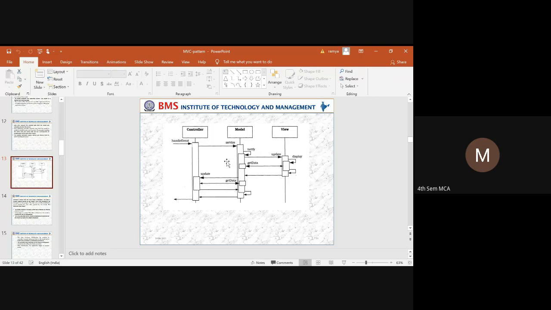After getting the data, the view displays it. Later, if there are any updates or changes, the model updates the controller, and the controller accepts it and gets the data. Whatever changes there are will be accepted by the controller. So this is how the model, view and controller are considered dependent on the data.